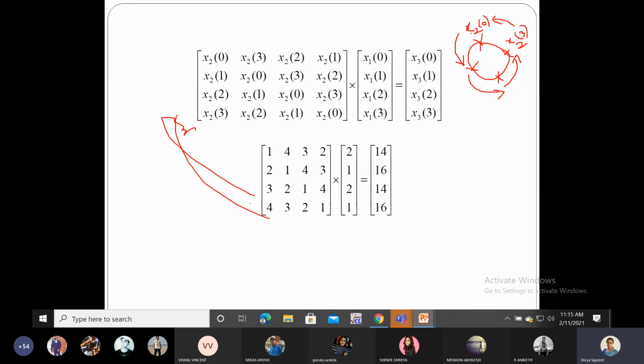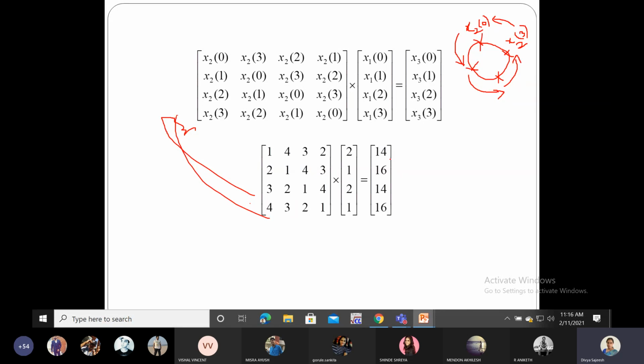So that only happens to x2, shifting it. How many times do you have to shift? 3 times. That means x2 of 0 will come here, next it will come here, second, then the third. By the fourth shift you will get the same sequence again. So 3 times you have to shift it. Now you will obtain the first matrix, which will be a 4 by 4 matrix. Then multiply it with the second sequence matrix, which is x1 of n, and obtain the signal x3.